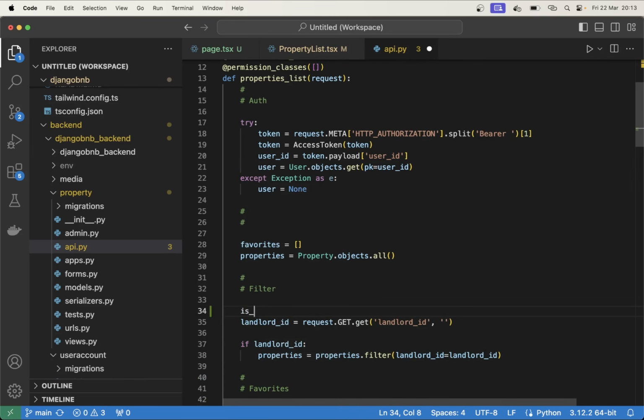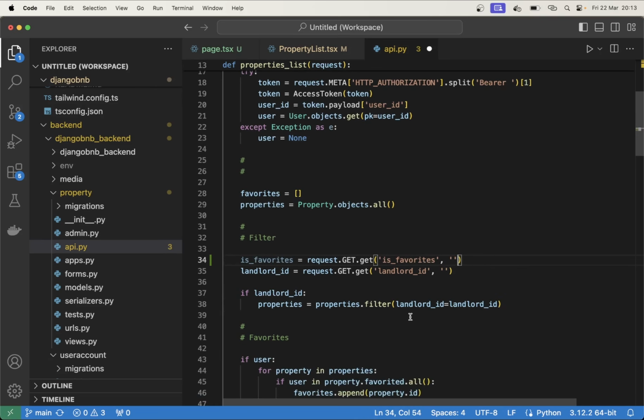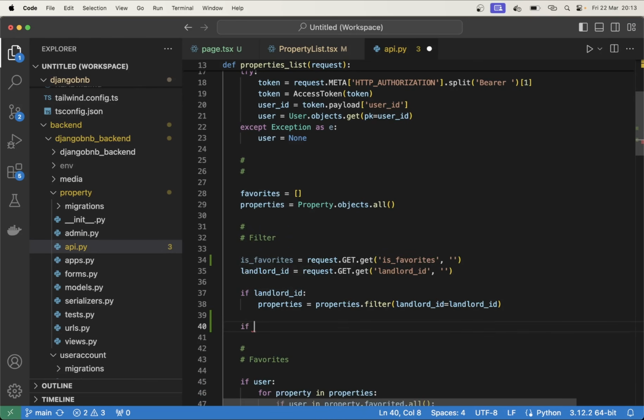Now we can say is favorites equals request.get and just pass in is favorites, and we can default this to be empty. And then, just like we filter for the landlord ID, we can say if is favorites, then the properties should be properties equals